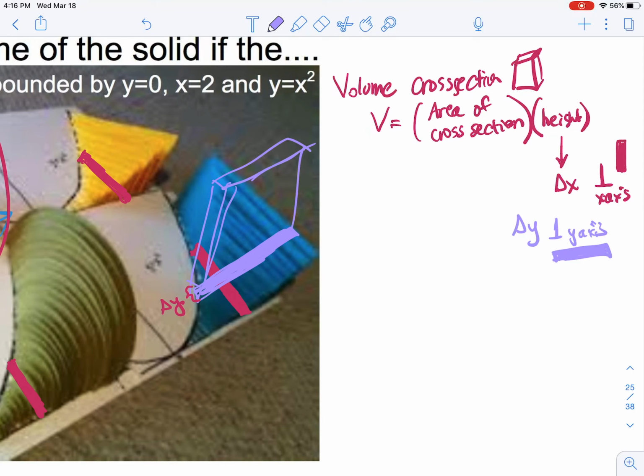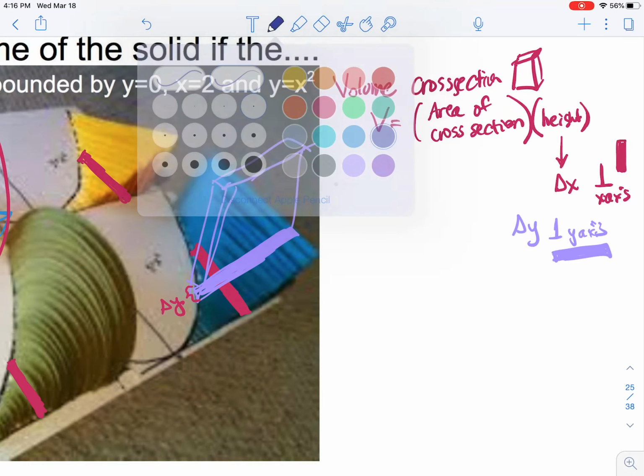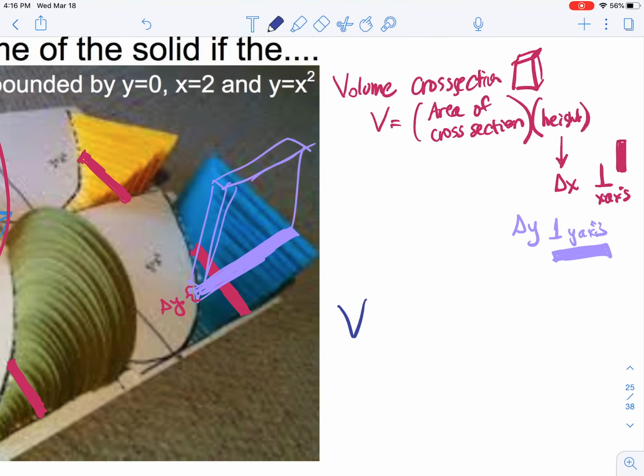If you draw your rectangle in the shaded region and it's horizontal, that means your integral is going to be in terms of y, and you're going to get your limits of integration from the y-axis. So that's wildly consistent through this entire process. So if I want to find the volume of these cross sections as I have them,